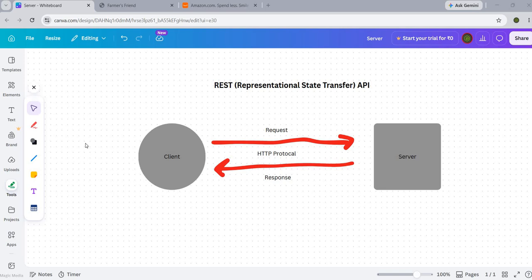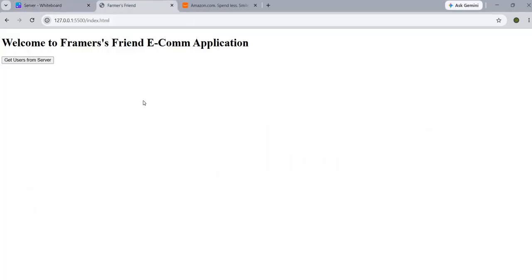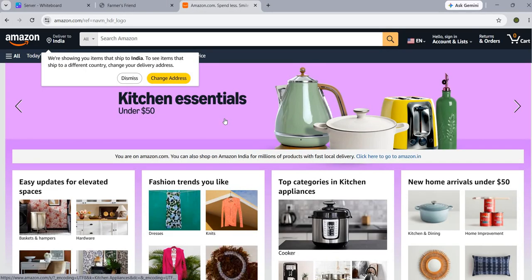Today in this series, we are going to understand what is a REST API, what are the advantages of REST API, and what are the limitations of REST API. Our goal is to build an e-commerce application for farmers by the end of this system design series. This application is similar to the Amazon application, so we are going to take a reference of Amazon on each and every step. So without wasting time, let's jump into the topic and understand what is a REST